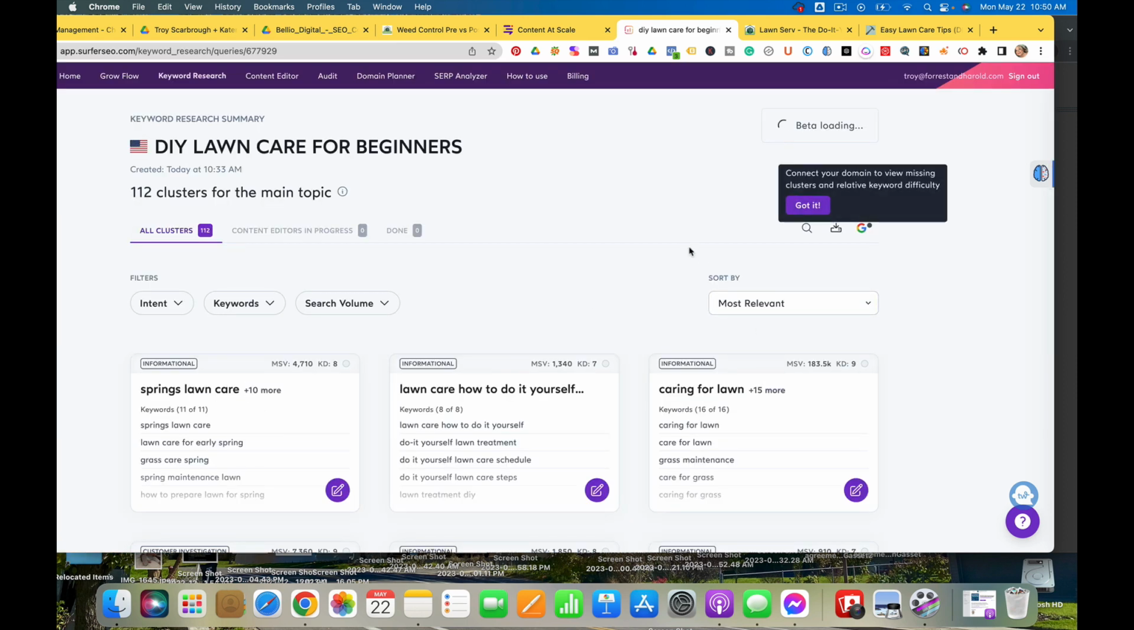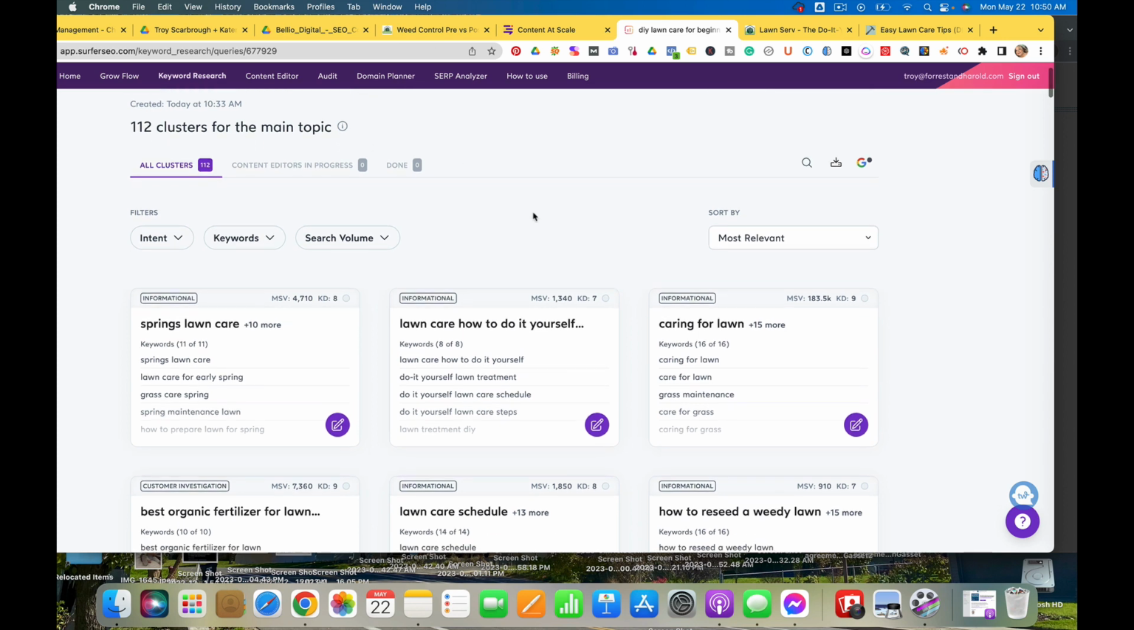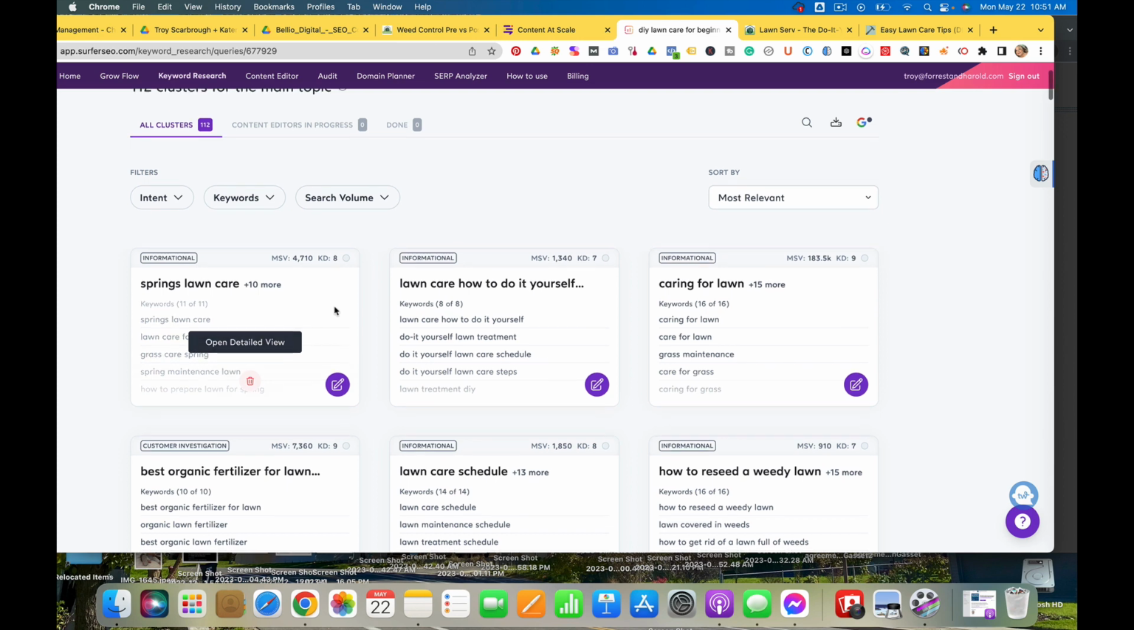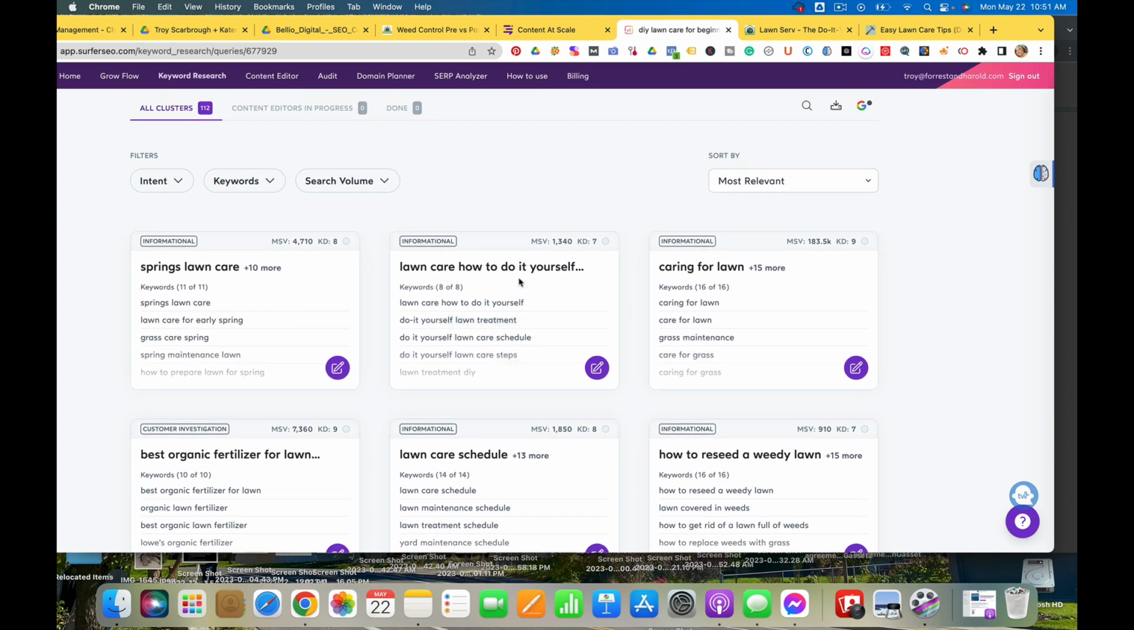All right, so here we have 112 clusters for the main topic. That's a lot of clusters. But Springs Lawn Care, okay, and I would not say Springs, I would say Spring, right? This one will give us a list of keywords. Lawn care, how to do it yourself, caring for the